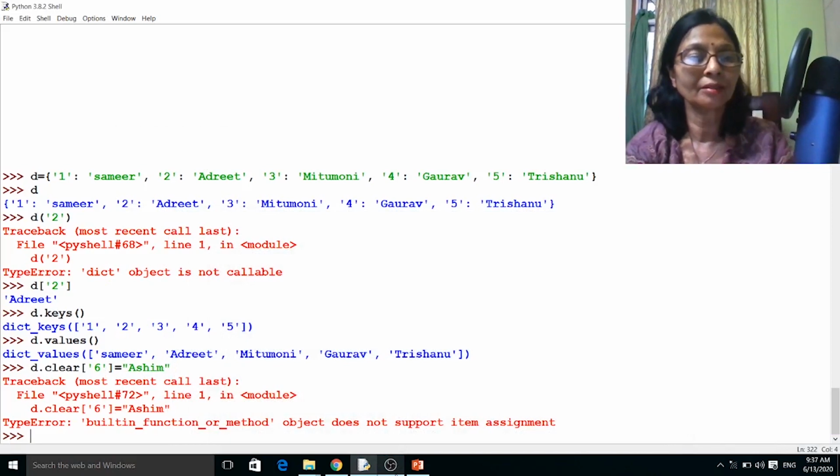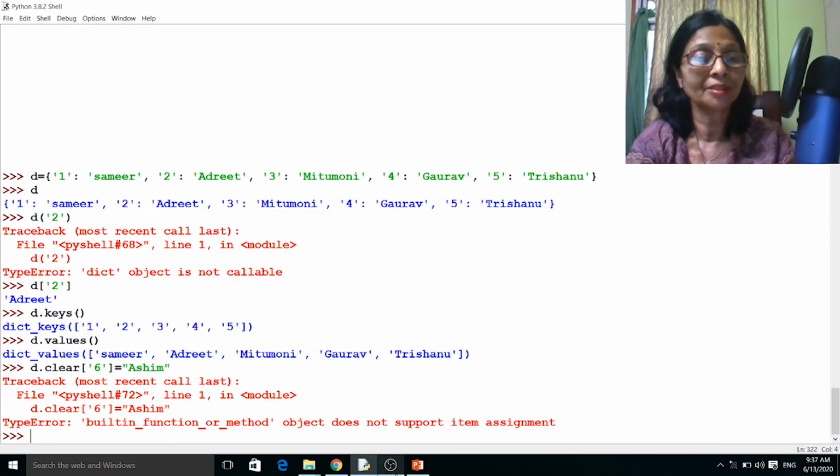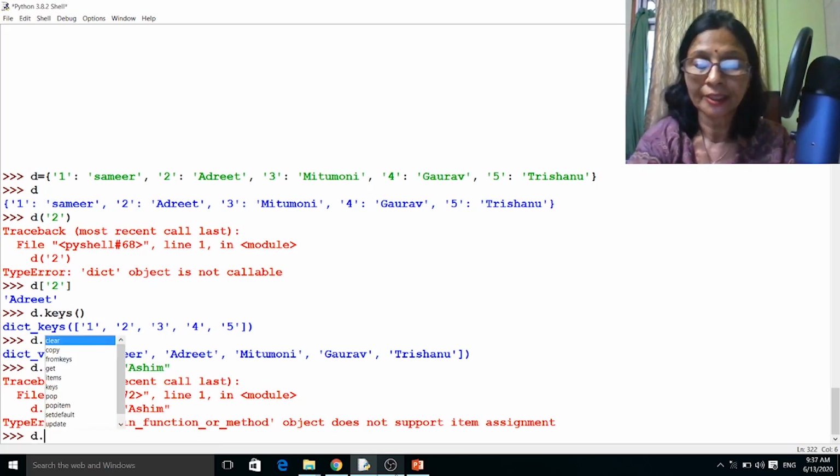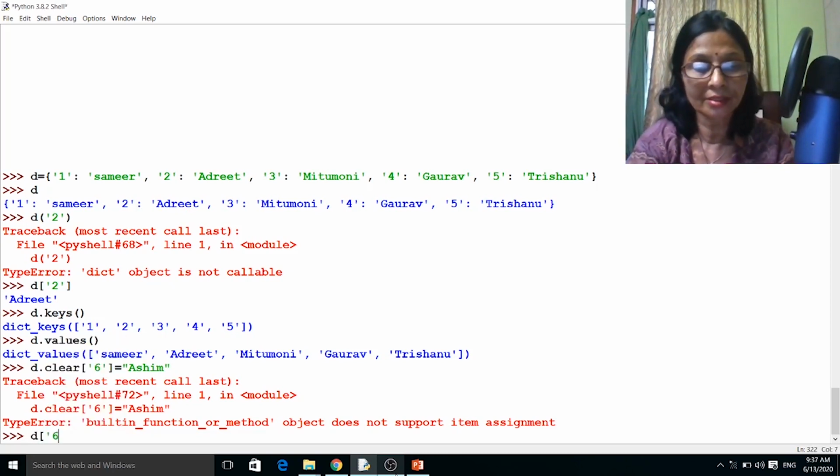It is giving a type error because by mistake I have already typed clear. So in this case, D[6] is equal to Ashim.